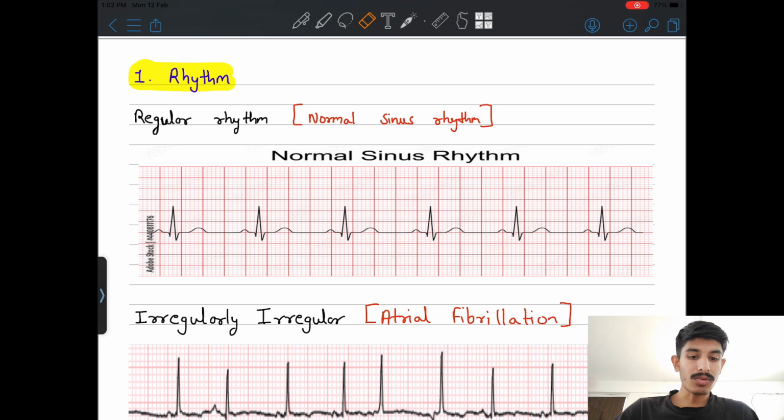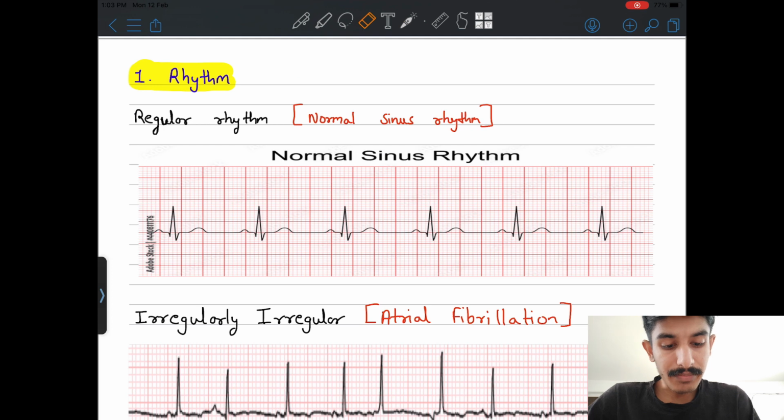Whatever we studied before, all these are the basics. You must learn them by heart, because without them you can't learn the ECG. After that it will become easy with every step, and you will learn ECG in an early, fast and easy way. So remember all the basics first. Okay, let's start with rhythm, the first topic of today.